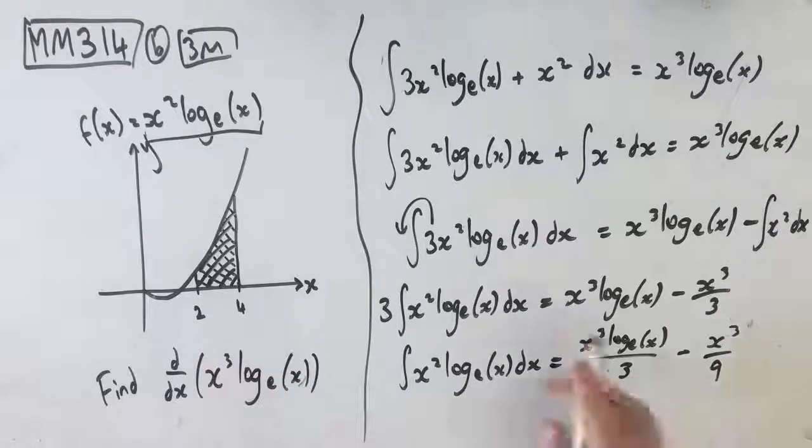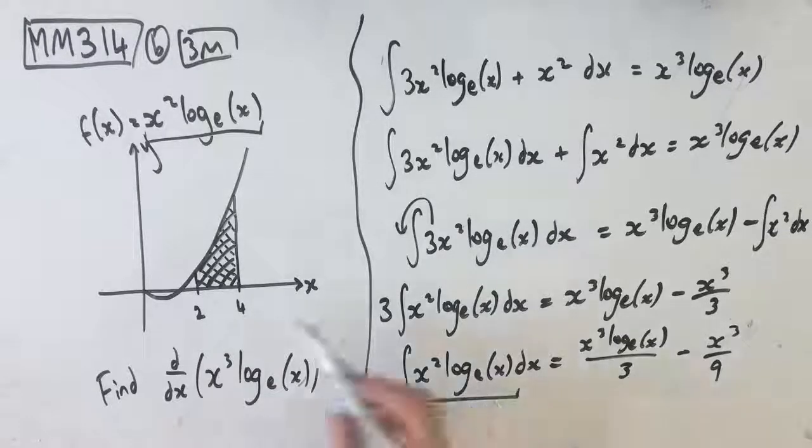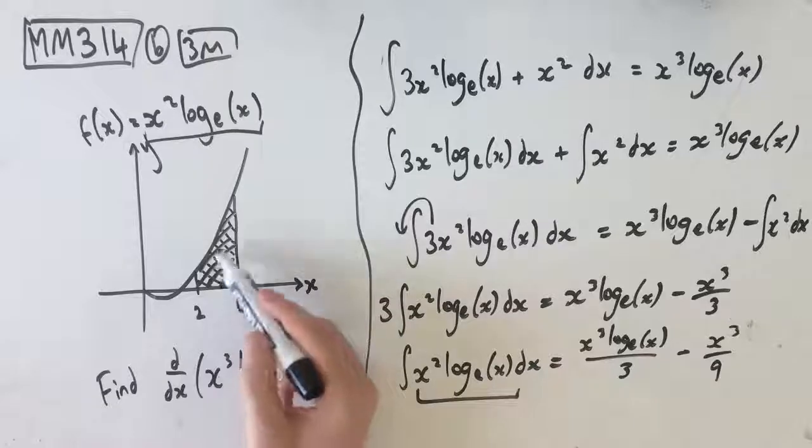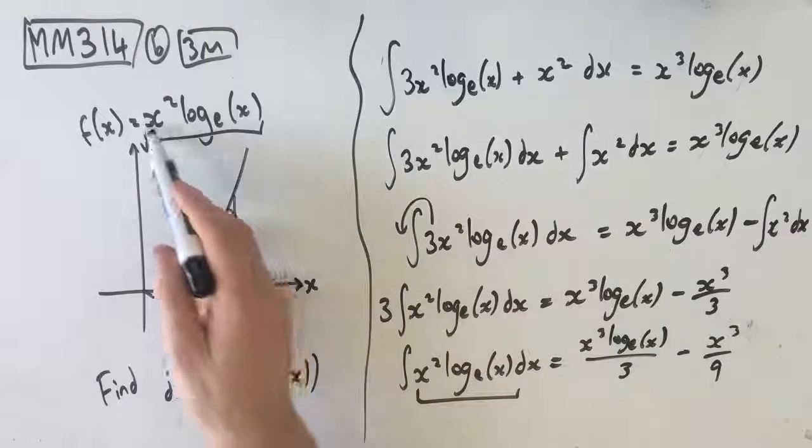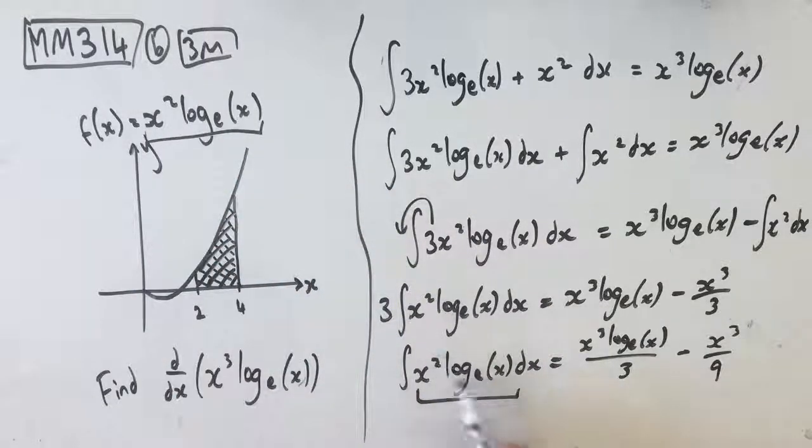Now, I know it seems like we kind of went around in a bit of a circle here, but the whole idea is to find the integral of x squared log e of x, right? Which is this, because we want to find the area under this graph, but we can't do that without knowing the integral of this, and the integral of that is x cubed log e of x on 3, take x cubed on 9, okay? So, just taking a step back a little bit, our first mark comes between here, and our second mark,